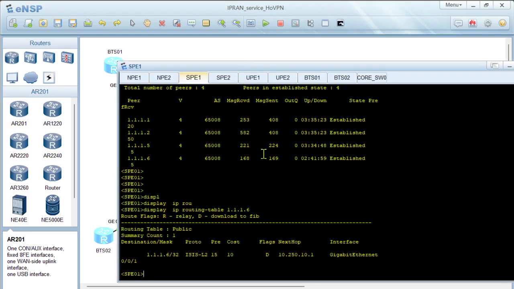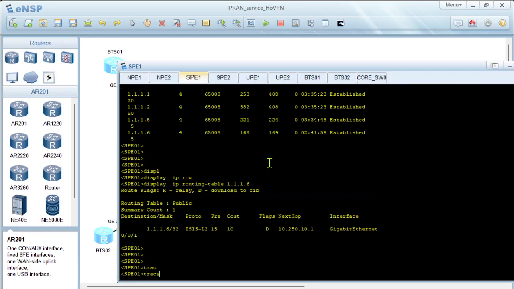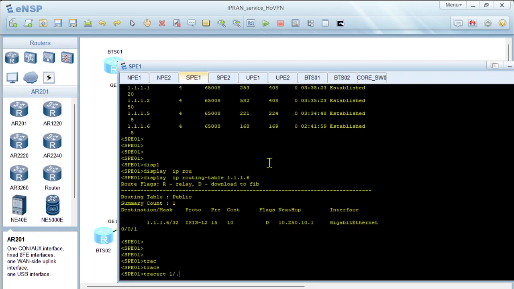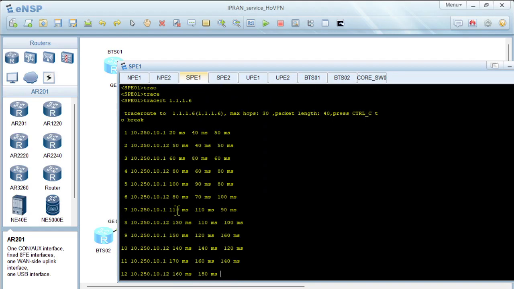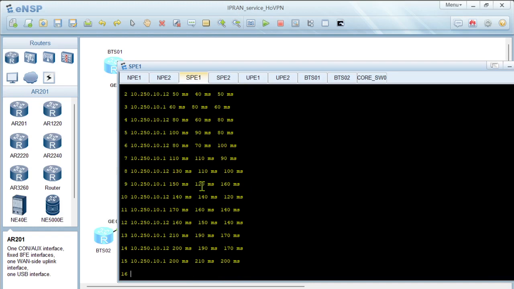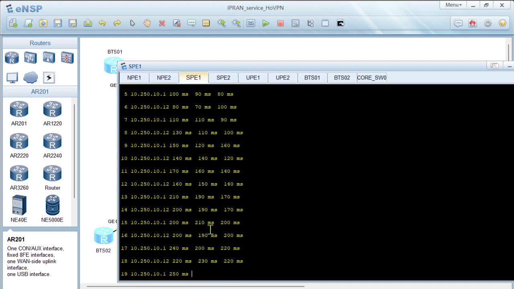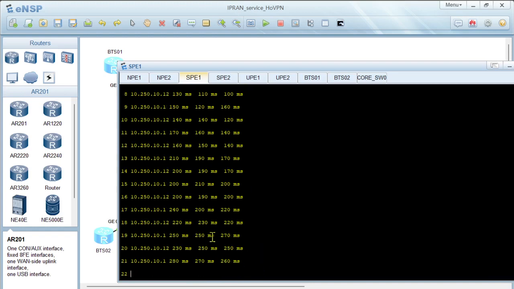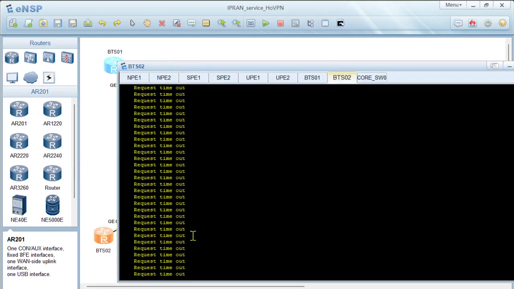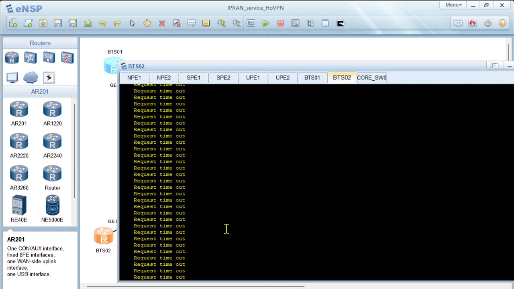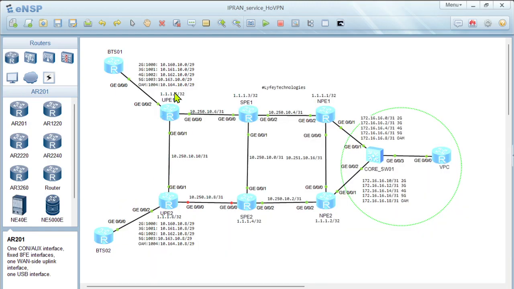If I trace 1.1.1.6, you will see that we are having a loop happening between the nodes. So we need to fix this issue to ensure that we don't have any loop occurring in the network, and then we should be able to have the redundant path working. Our network should be okay. We shouldn't be having packet drops the way we are having them, since we have an available backup